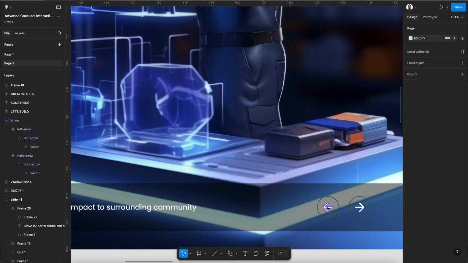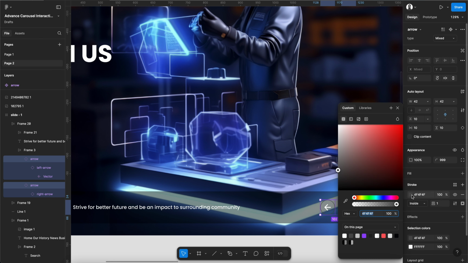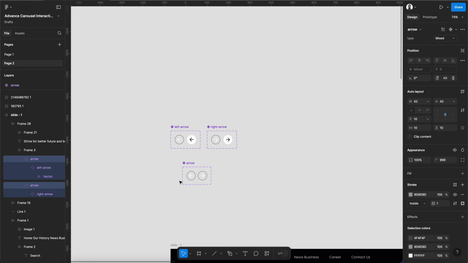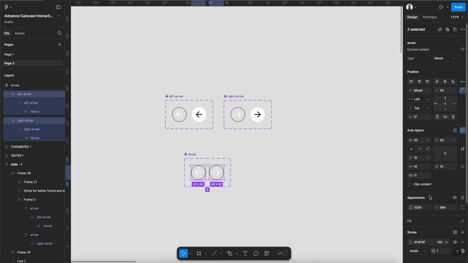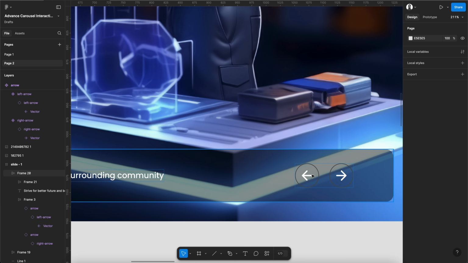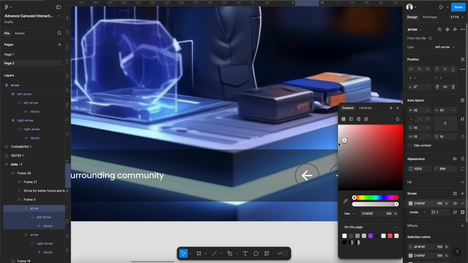Okay, and here what we can do is we can change this color into 90 90 90. Okay, so that, okay,